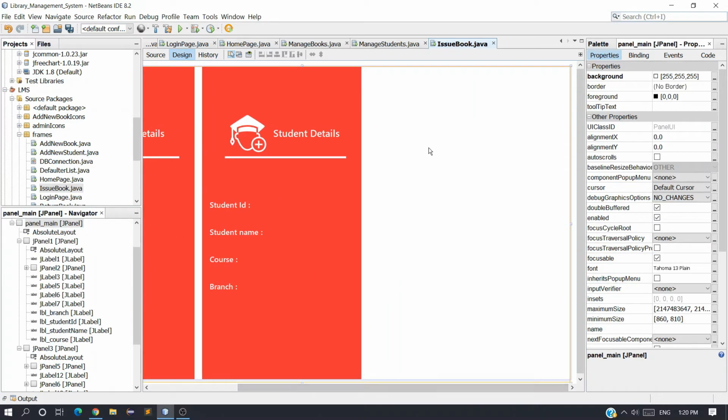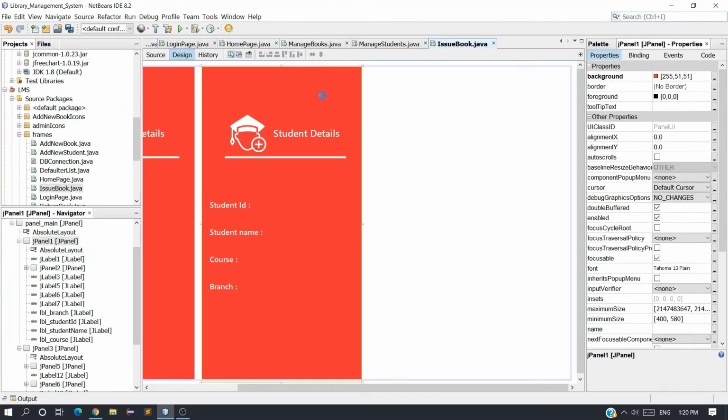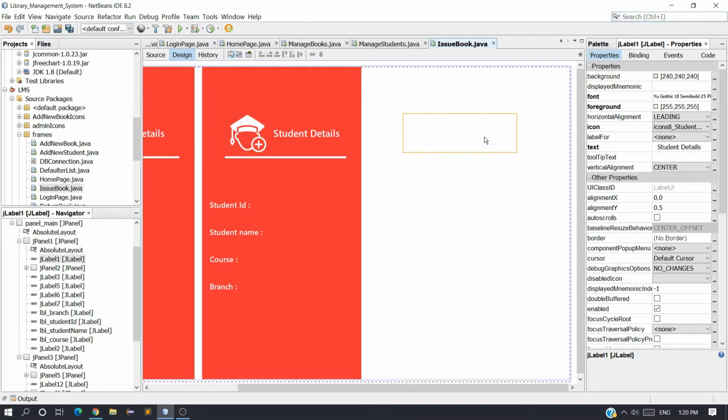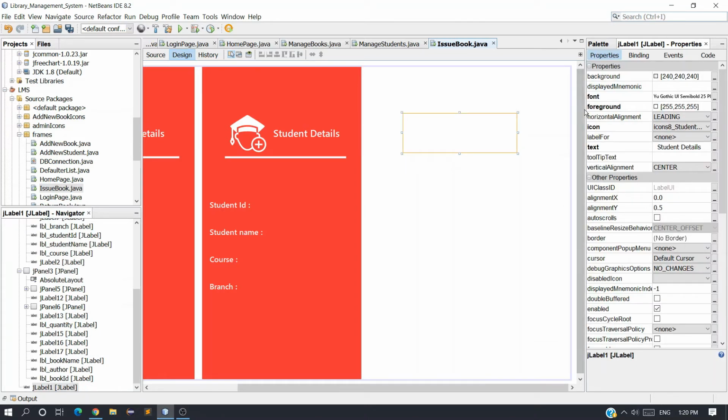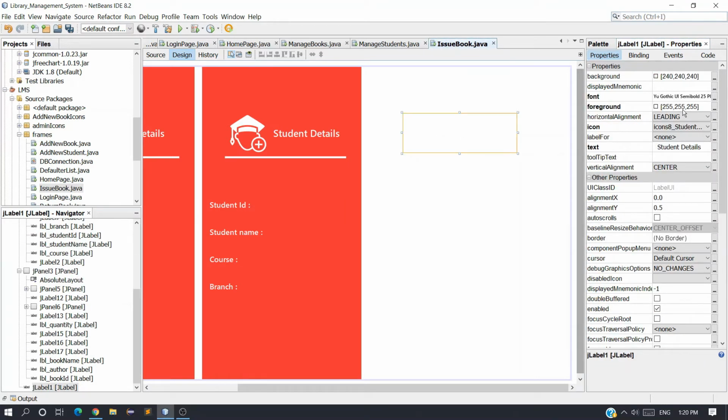Now here we want to create the text fields and date field. So copy this one, Ctrl C and Ctrl V, and change the foreground color. I want this one, which is red, so copy this color and select this label we just copied, and Ctrl V. Student details, and here I want to take an issue book, and change the icon.